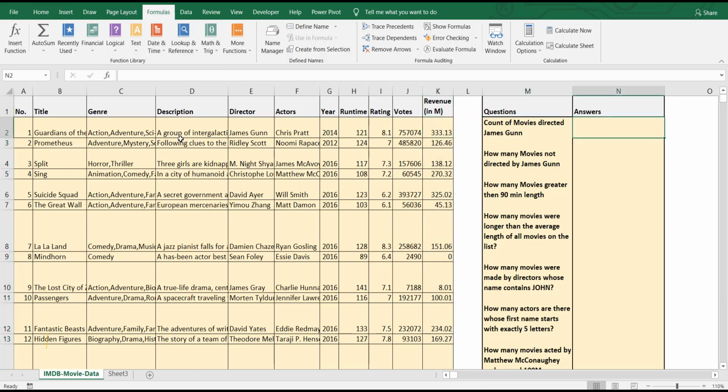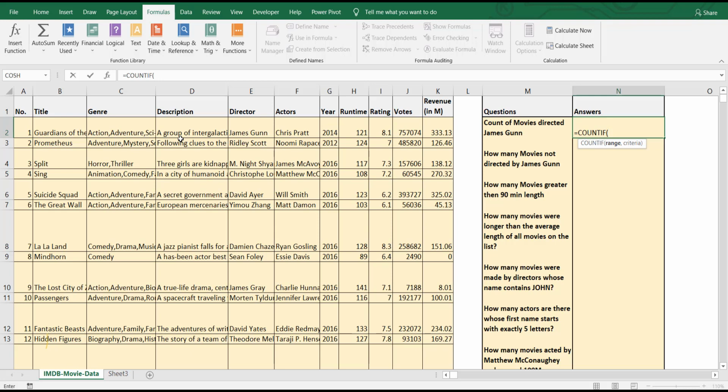Now, as we covered theory, let us solve the problems one by one, right? COUNTIF is asking for a range. So what is the question now? Count of movies directed by James Gunn. Like how many movies James Gunn has directed.